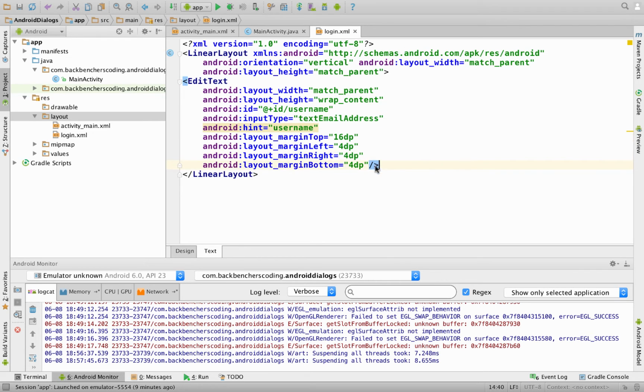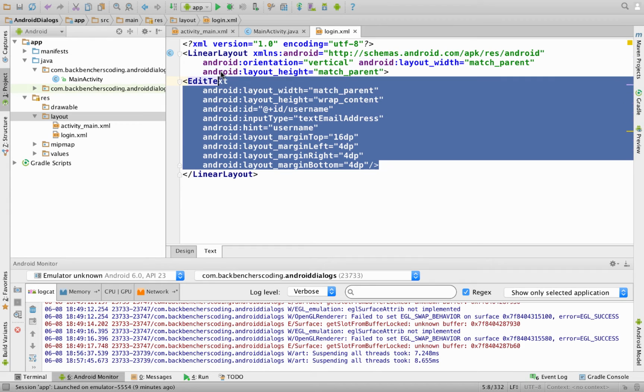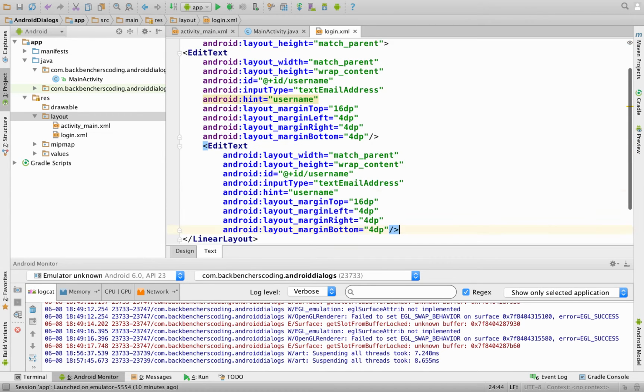After which we copy this code and write a similar EditText for password as well. Change its ID to password, input type to text password, hint from username to password, and we are done with it.